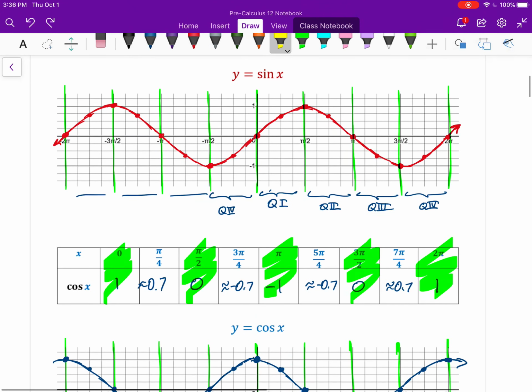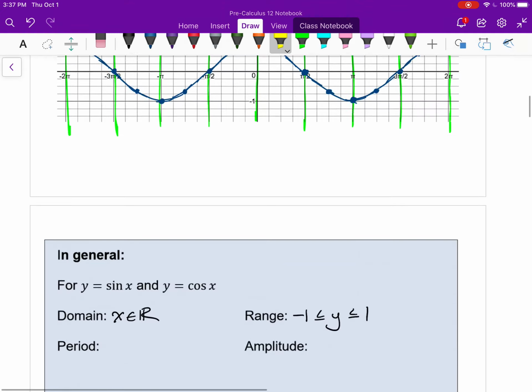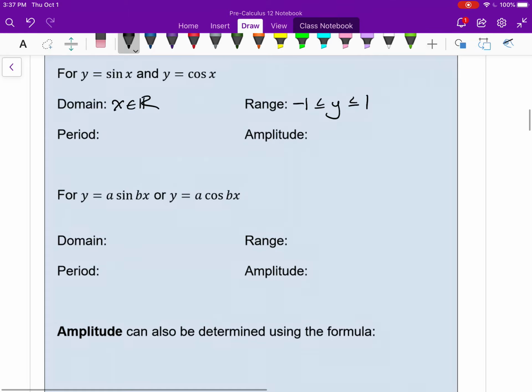Well, let's go back to the first one I started. If I started at 0, I got to go all the way to here until I complete the cycle, and now I'm back at 0 and going up. Well, I went horizontally from 0 to 2 pi. So the period from here to here is 2 pi. Or we can also call it the wavelength. And so the period or wavelength, I'll write down as well,